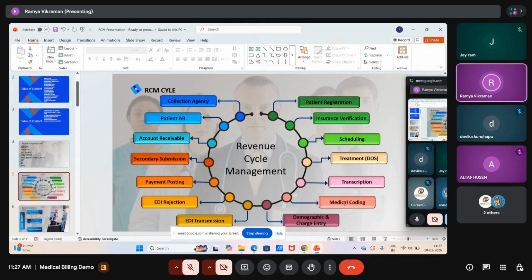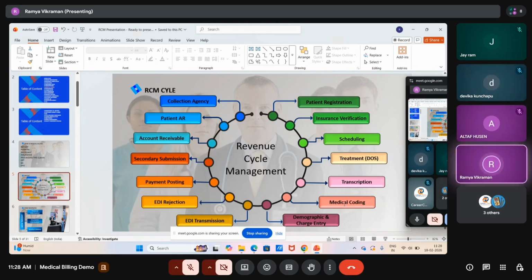So we are maintaining a tool. Every billing office has a tool. Tool in the sense it's a kind of software. Every billing company has a different software. They have to upload all the patient information by keying it in manually or electronically. They can do it. They have to maintain each patient account in the system for tracking purposes. They will track each and everything.